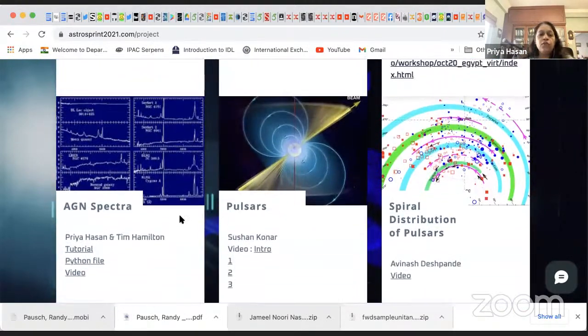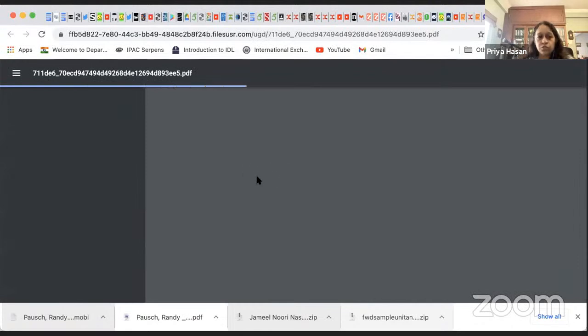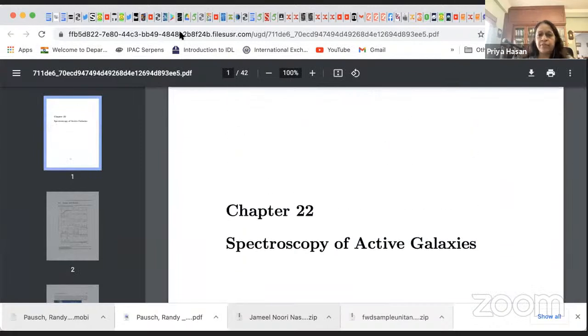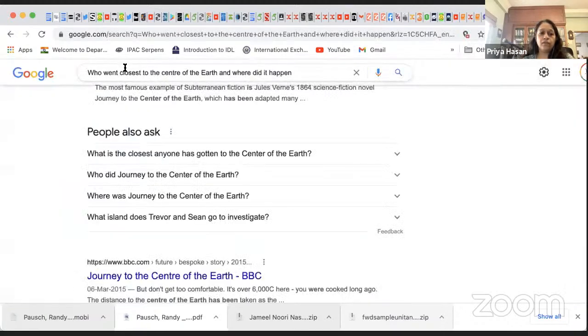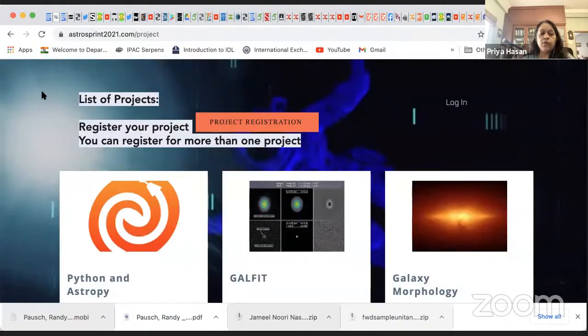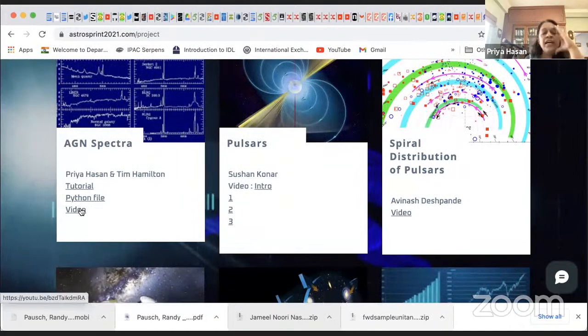So for example, if you're going in for AGN spectra, you can see this is the tutorial file. You click on the link, this is the PDF file, which is the tutorial, right? Which is the one which describes the project specifically. And then you can go through the tutorial file, the Python file,